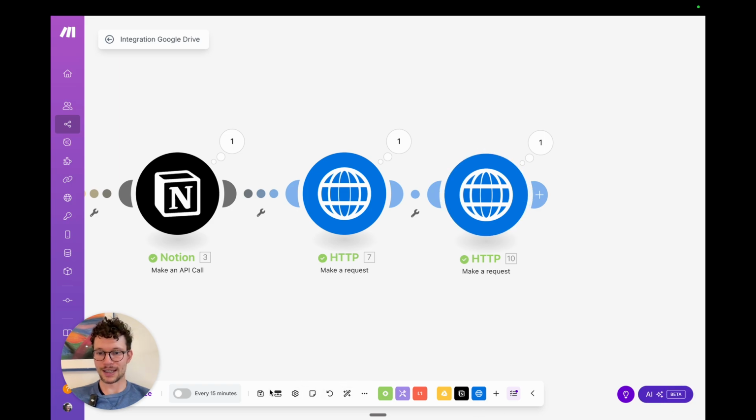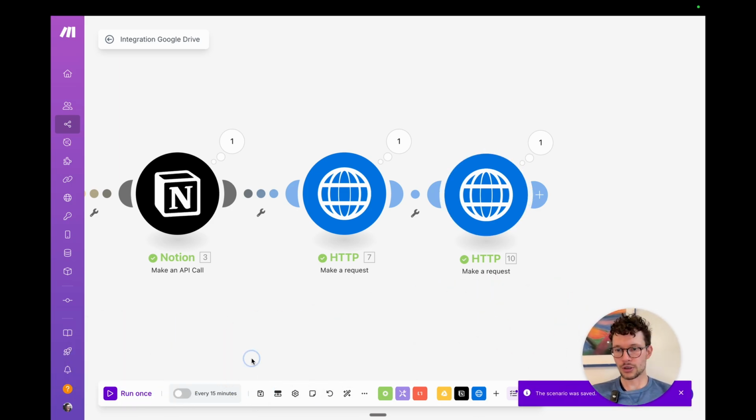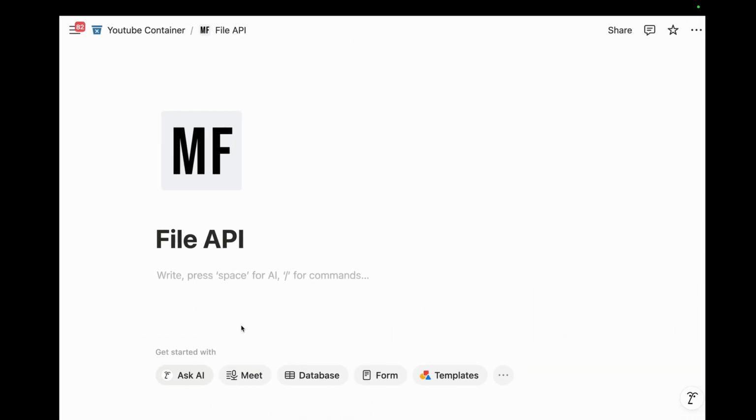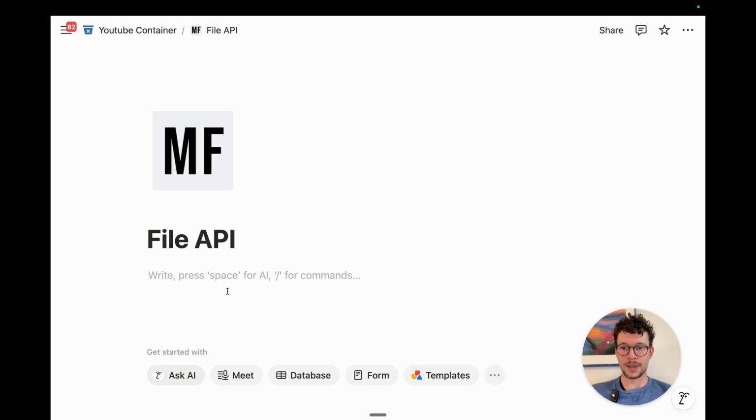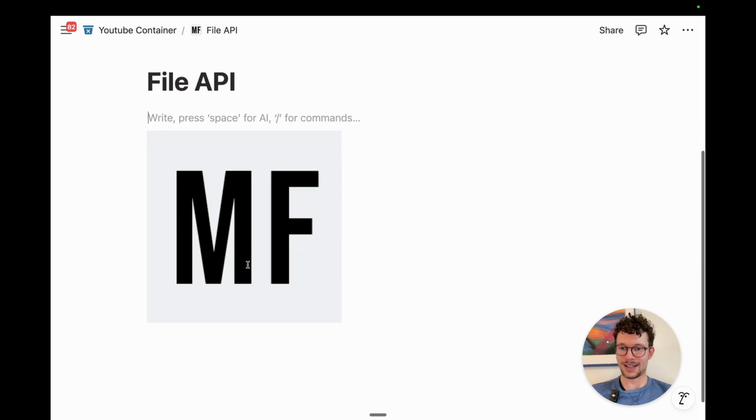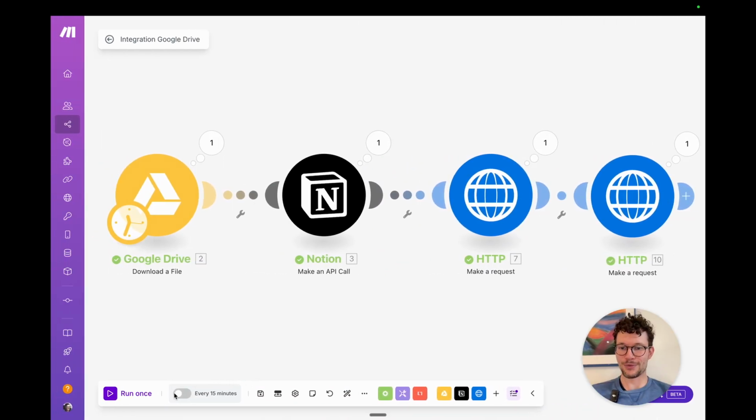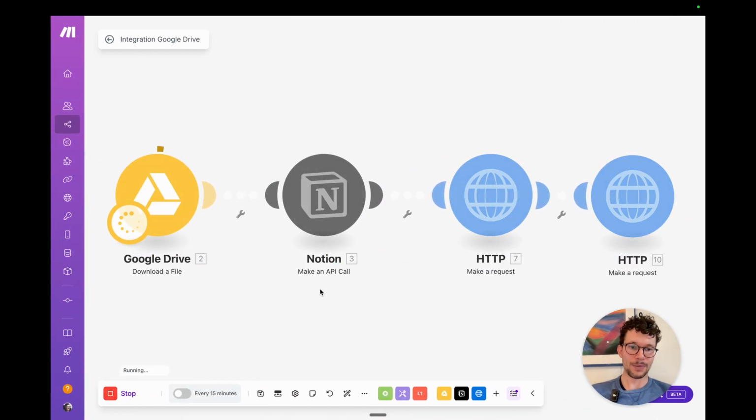And again, same process otherwise, right? Let's click on run once here and head to our Notion page. In a second, right, our image should appear down here, at least if everything works. So you see, okay, something is happening. Yes, there's our image. And we could keep running this now and would keep adding this image to the page, which